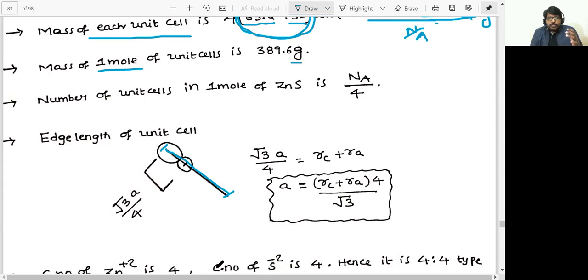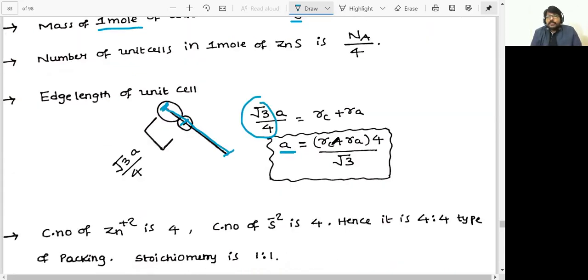And already I told you, in case of ionic solids, anion is in contact with the cation. So here this cation is going to fit which void? Tetrahedral void. And there is a contact. And this is the nucleus of sulfide ion. This is the nucleus of Zn+2. And this internuclear distance is 1/4 of body diagonal. So 1/4 of body diagonal, root 3a by 4 is equal to radius of cation plus radius of anion. And from this, edge length is equal to 4 by root 3 times, you'll be getting edge length in terms of cation and anion.